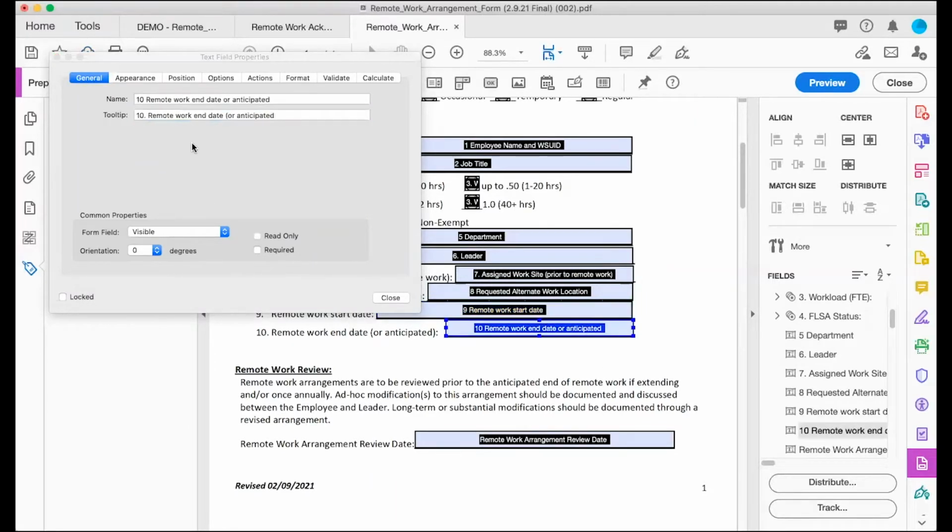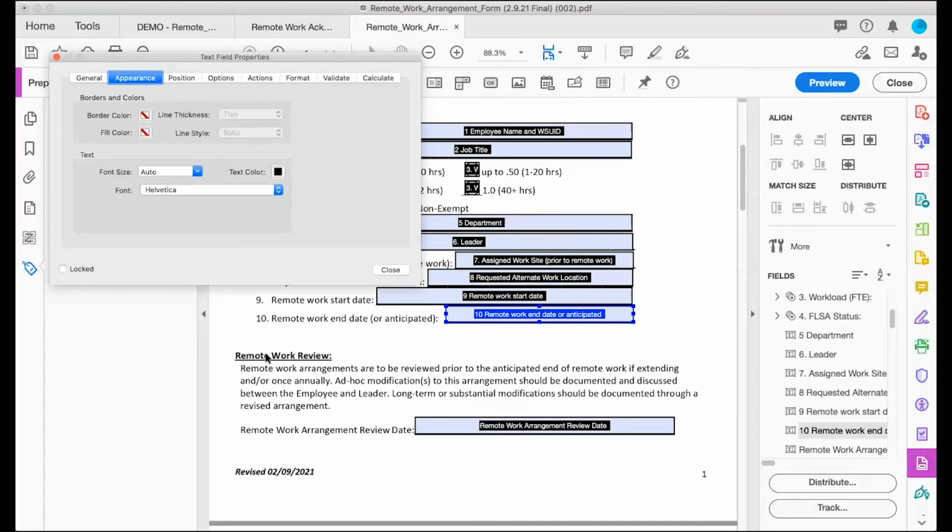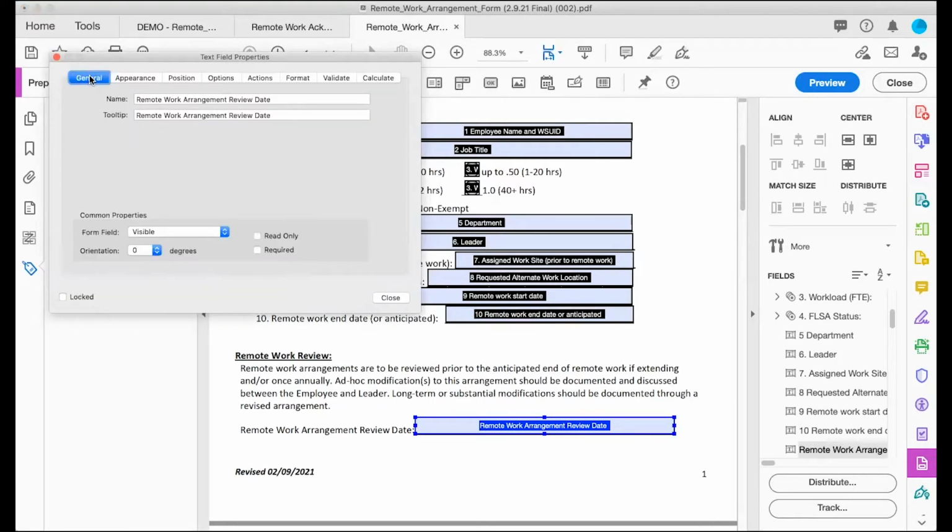Remote work end date or anticipated. We'll take off the number. Appearance is good. And finally down here we have remote work review. Remote work arrangements are to be reviewed prior to the anticipated end of remote work, if extending, and so forth. So it asks for the remote work arrangement review date. So we're going to go over here and we've got the auto, that's set up good. We've got our general setting